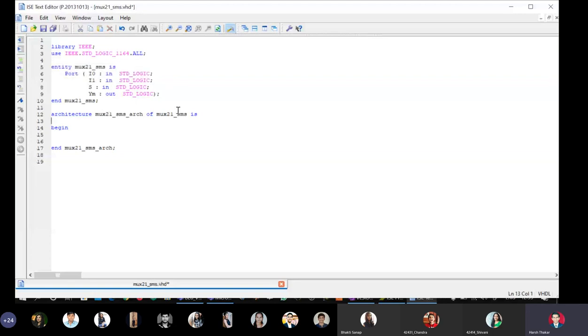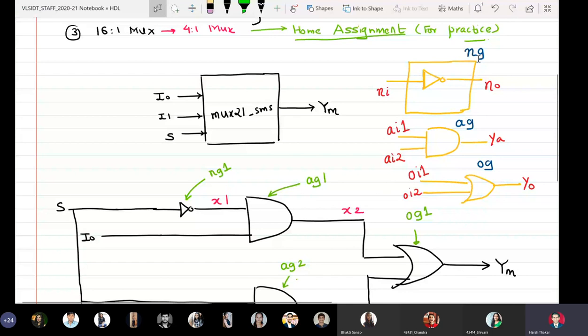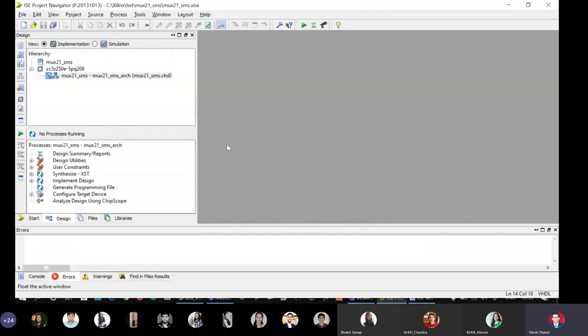Okay. So now we go here, and as I said, the component creation and defining the intermediate signals is to be done in the declaration part of the architecture. So now I have to define three components here. Component. So our components are NG, AG, and OG. Okay, so I'm going to create the three components: AND gate, NOT gate, and OR gate. So I'll create NG, then AG, then OG, keeping in mind the names of input signals.